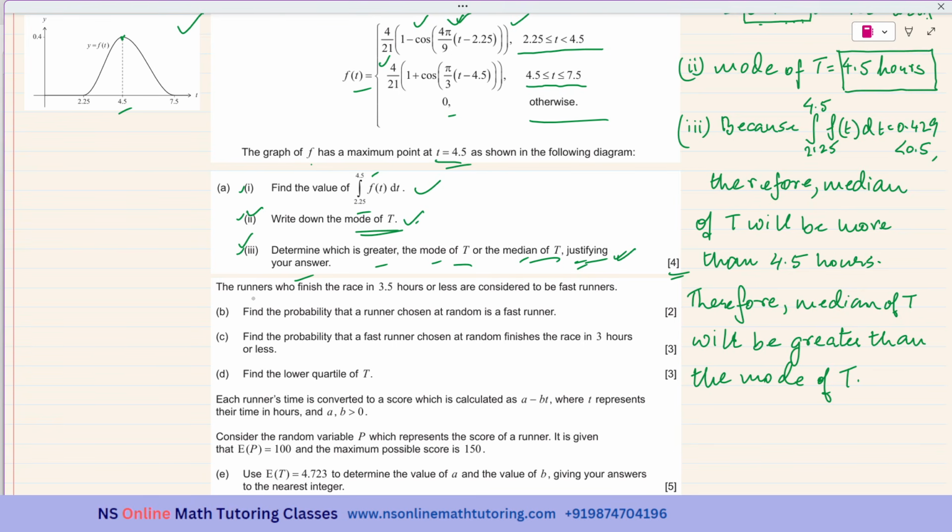So the runners who finish the race in 3.5 hours or less are considered to be fast runners. Subpart B's question is find the probability that a runner chosen at random is a fast runner. That means the t value should be less than or equal to 3.5 hours. So subpart B, P of t less than or equal to 3.5